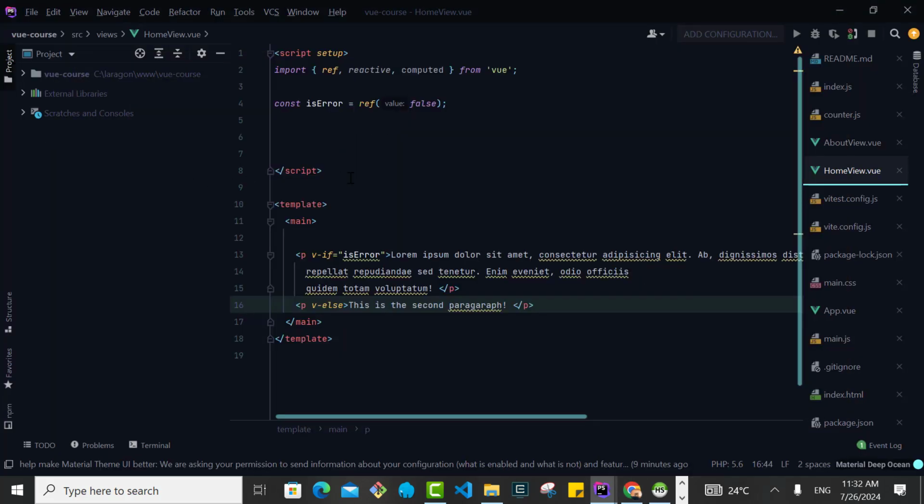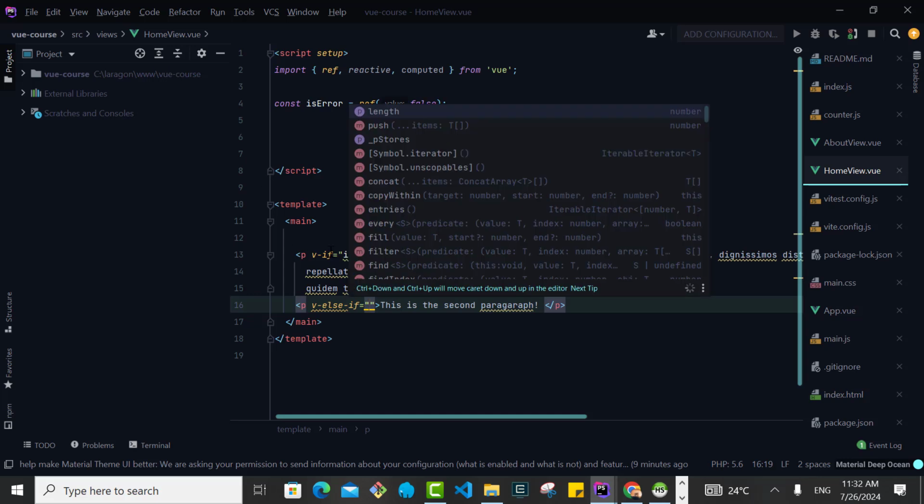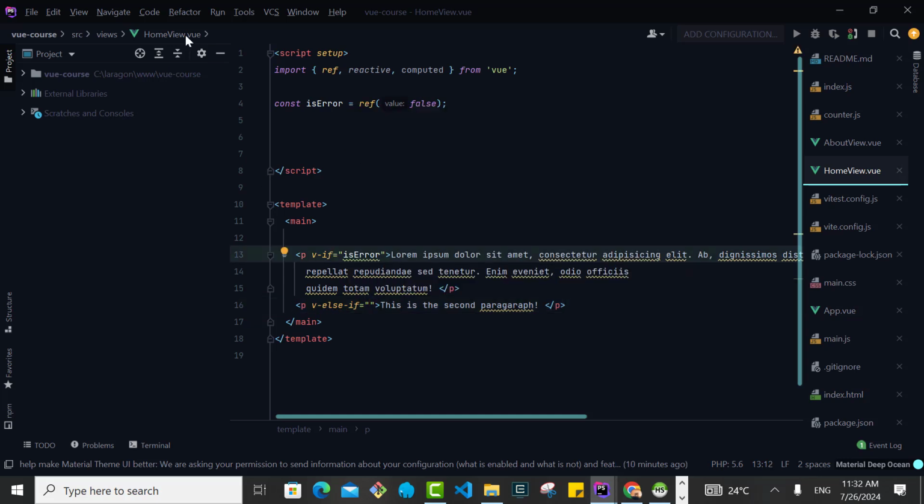So if I go back here, I can also use the v-else-if. This will take a condition. So I can have maybe a ref, and this can be a string. You can say a, and then for example we can say, let's say type. Let us use type, it makes more sense. So the else